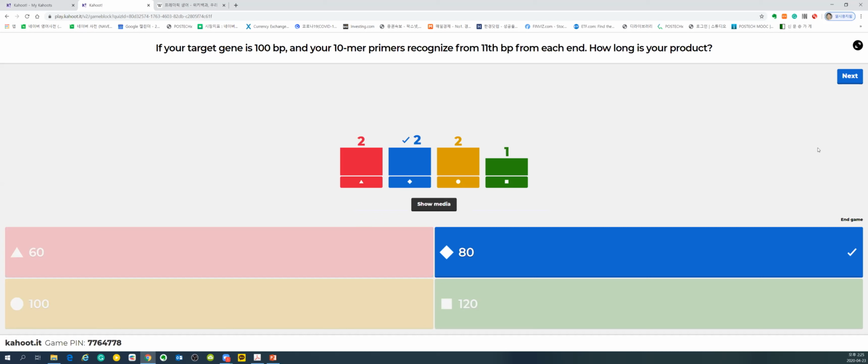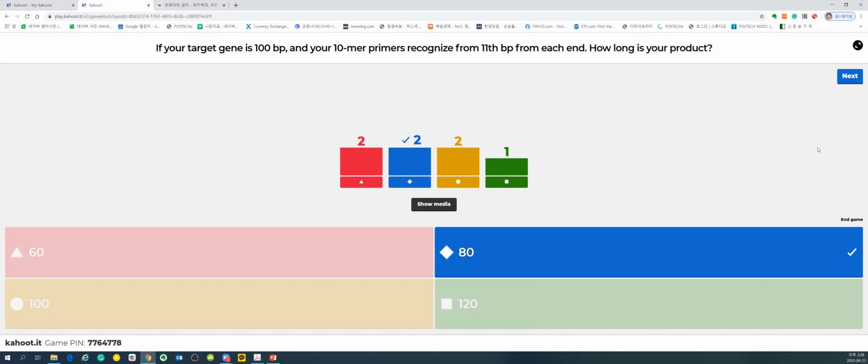Not. It is not. You have a primer, a 10-mer primer. Synthesis happens after this 10, they add on. Then if you make this DNA at the end, is the primer a part of it or not? The primer is included in the product. Okay?